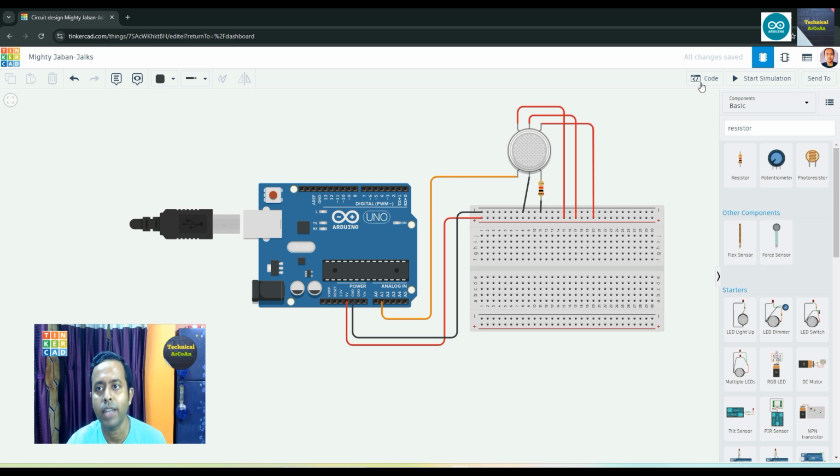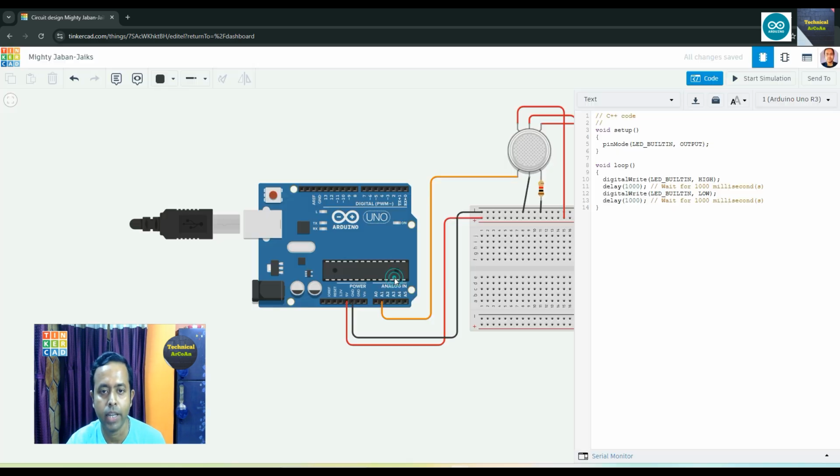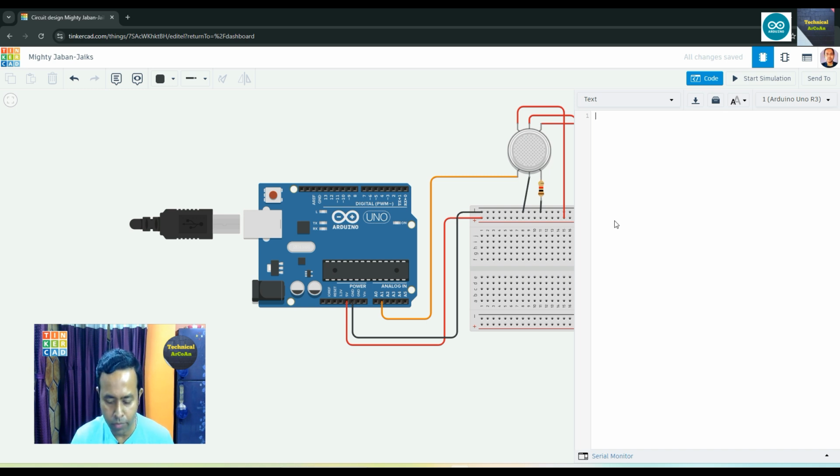Right, now we write the sketch. So press on quote, select text, and click continue. Whatever code is given, just remove it and write our own code. At first we take an integer variable, suppose we write gas pin, and we initialize it with A1 because our analog pin is A1. Then we use our void setup function, and here we initialize the